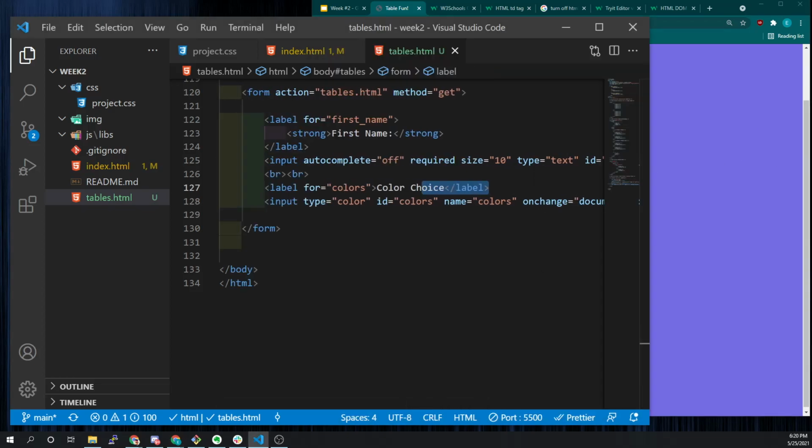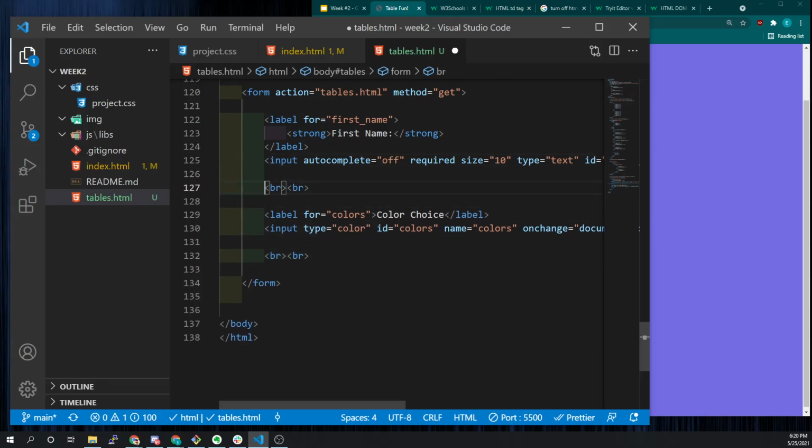All right, the next type that we're going to look at is the email input type. Let's give ourselves a little bit of spacing here. So let's come in here and make another label. Label for equals email address. This is another common one that you're going to do. We'll say email address label,